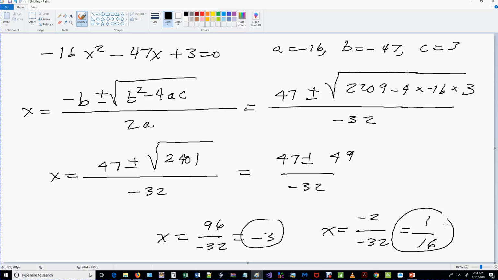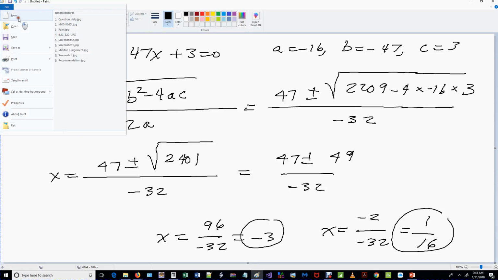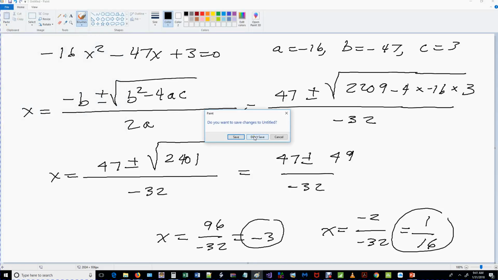Let's do the next one. Next one is number 30 according to my count. Now this is a different kind of equation. This is called a radical equation, and this is the square root of 7x plus 64 equals 3x